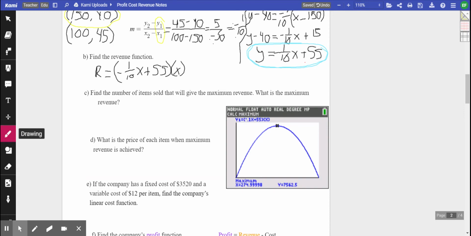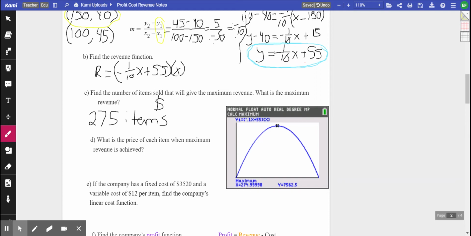Once it's plugged into our y equals, again, we're looking to maximize our revenue. So that means we're looking for our maximum or our vertex. So again, in the interest of time, I had plugged this all into the calculator already and calculated our maximum. All we have to do is translate from here. So find the number of items sold that will give us our max revenue, and what is that max revenue? So similar to last example, I'm going to have to round this to 275 items. So 275 items will maximize our revenue at,